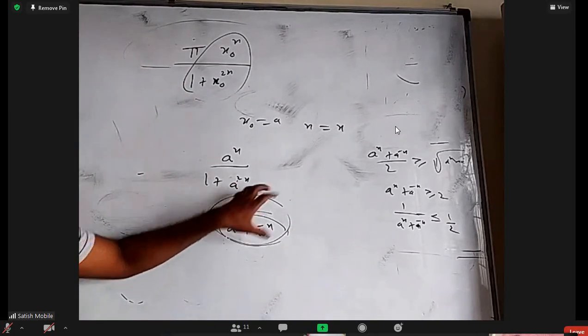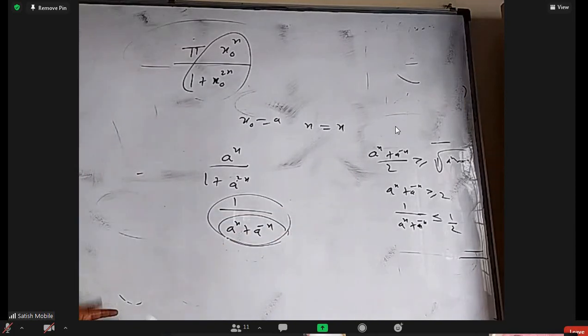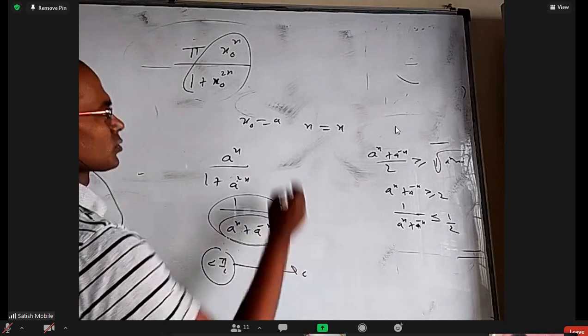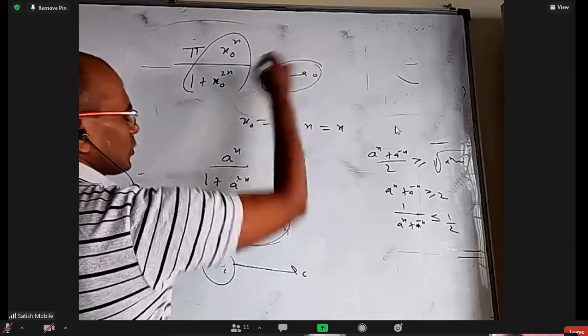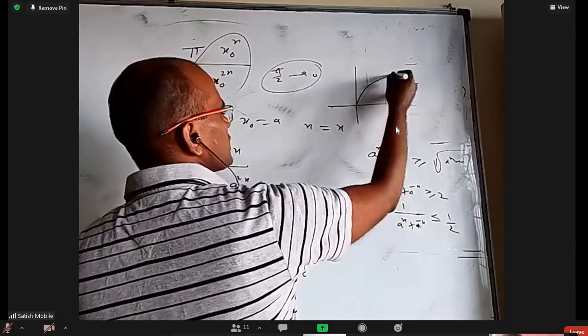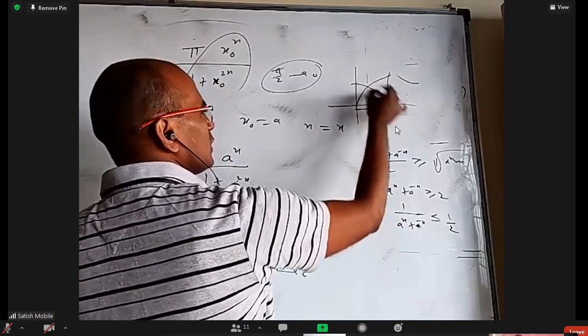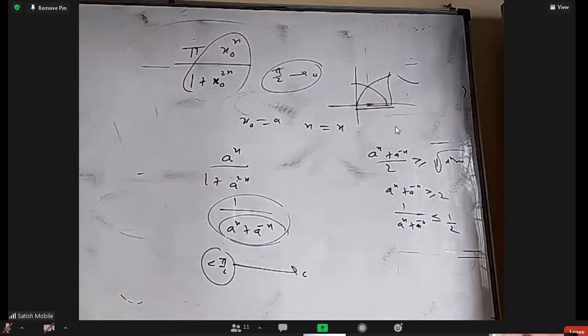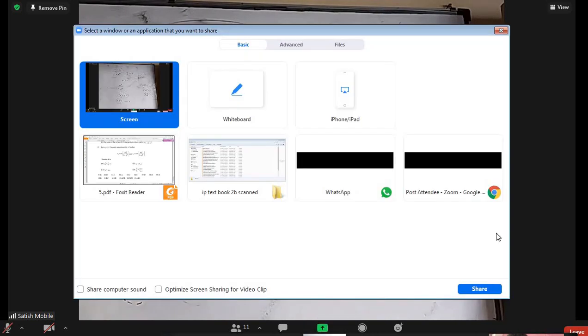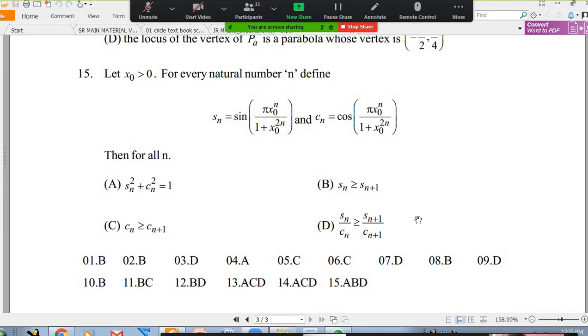So this total is decreasing, and initially it is something less than 5 by 2. So the starting point is itself something less than 5 by 2 and decreasing. So I can take it as decreasing from 5 by 2 to 0. If something is decreasing, sine will be decreasing. Or actually sine is an increasing function, but you are going from this side, and the cos will increase. So that is exactly option B and option C. A is very simple. So that's why option B is right. Option C reverse would have been right.